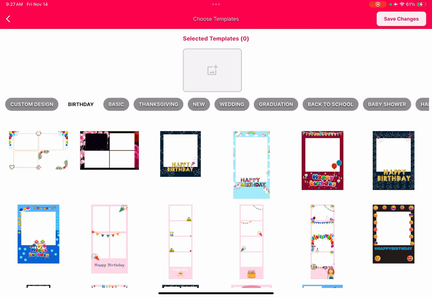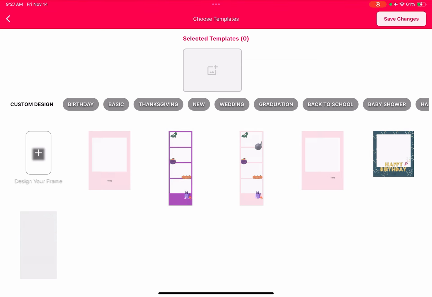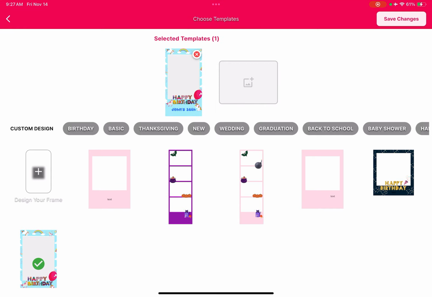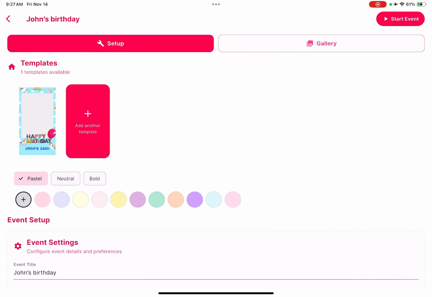I'm gonna use the one we just made together. So here, remember, underneath custom design, if you go to a custom design, you'll see the frame designs that you've designed in the design page. I choose that. Click on Save Changes. And now I see a template chosen for this event. So now if I click on Start Event,